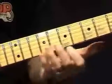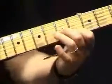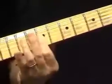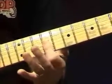Okay, so that gets us up to the E section. So that so far is A section, D section, E. Now at this point,